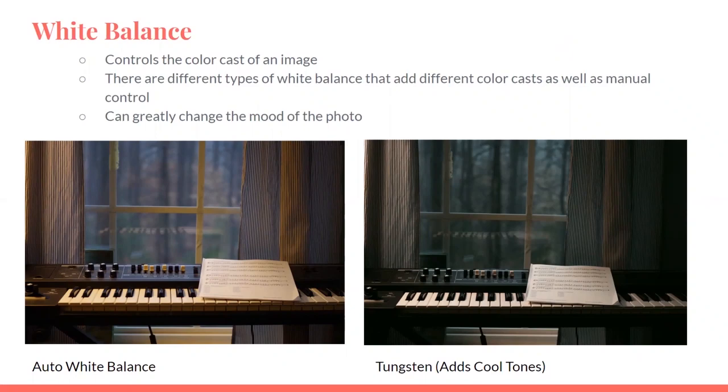Most cameras can be set to automatic white balance, and it will try to figure out what environment you're in and set the white balance accordingly. There are also specific settings a lot of cameras have. You can set it for, let's say, daylight, and it will usually add, I think, warm tones because daylight is very blue. You can look up charts of this and it will tell you what the